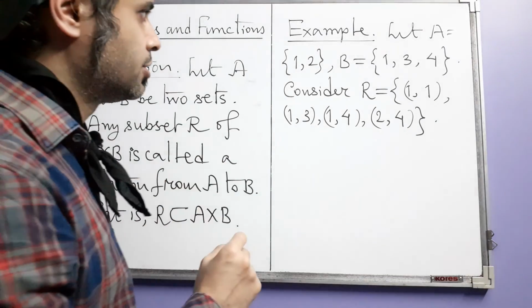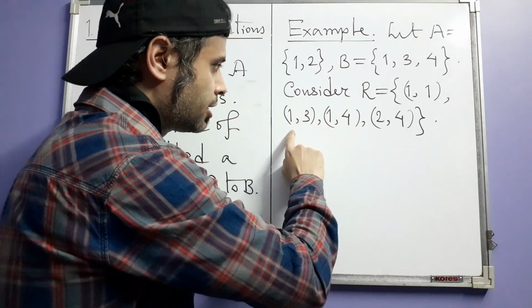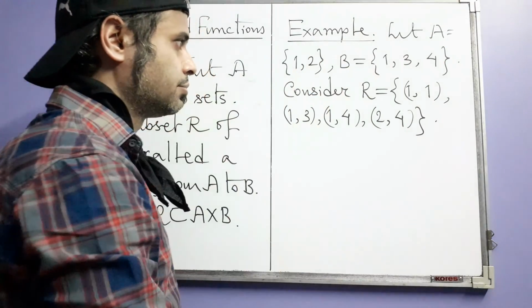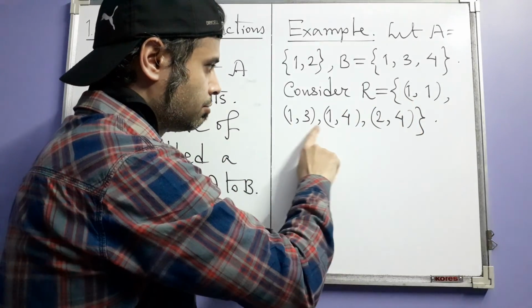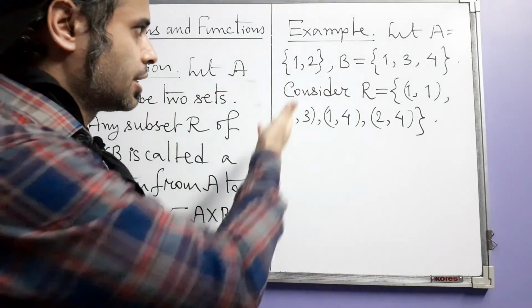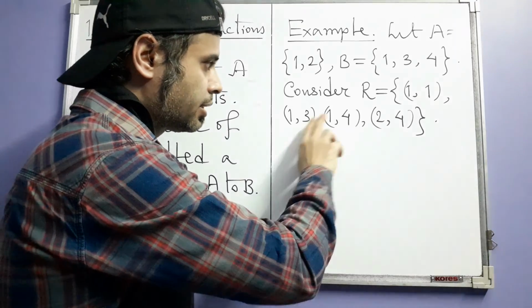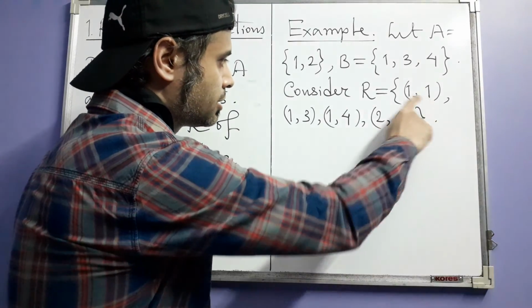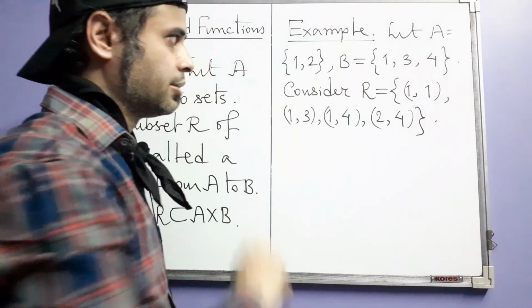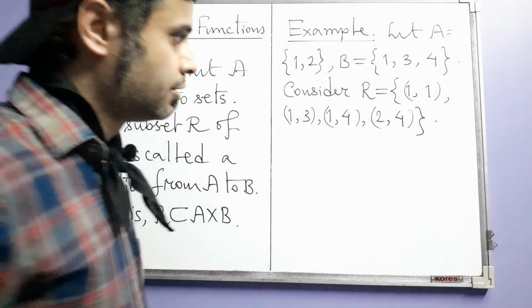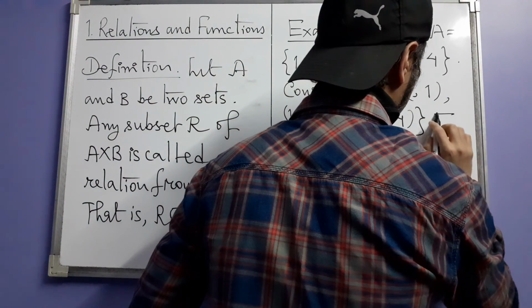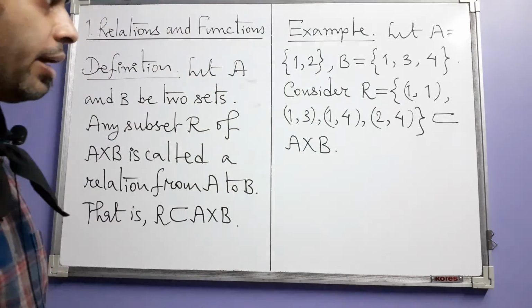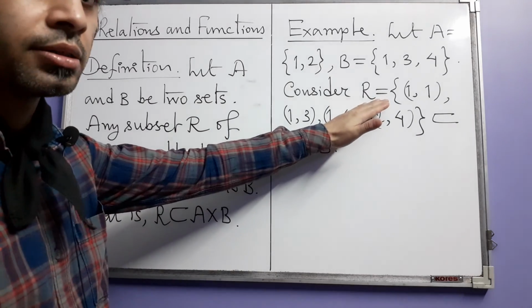And the second thing you need to check is that the first coordinates of these ordered pairs all are coming from A. Here the first coordinates are 1 and 2. Yes, they are coming from A. And then the second coordinates of these ordered pairs are all coming from B. The second coordinates are 1, 3 and 4. Yes. So that means this really is a subset of the Cartesian product A times B,